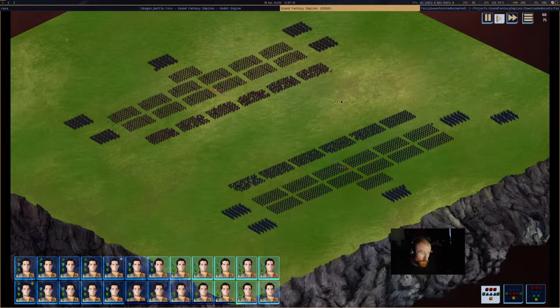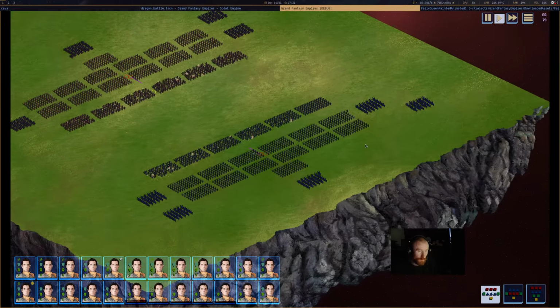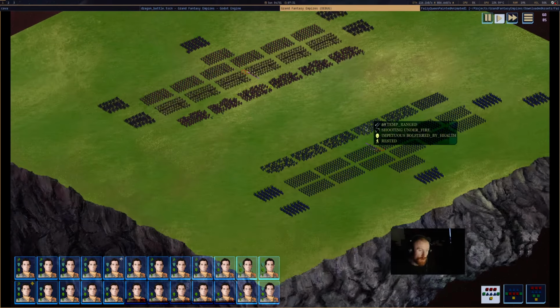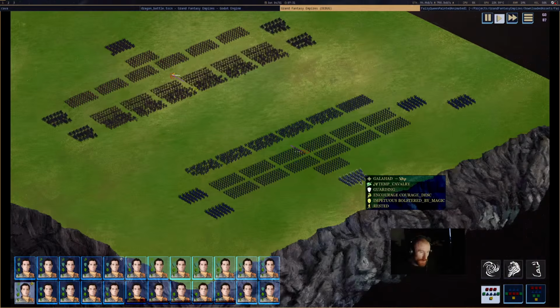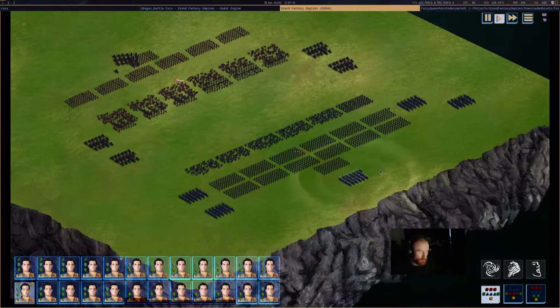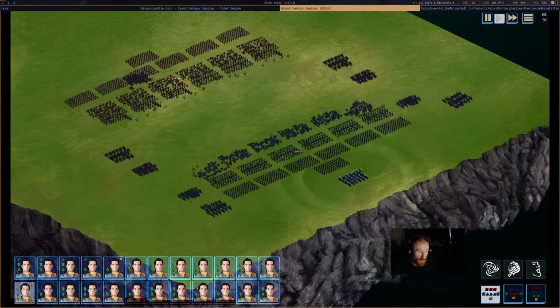And the AI is playing at the moment, but you will play the game. I'm just using the AI to test things. And it's a fantasy game, so there's going to be spells and